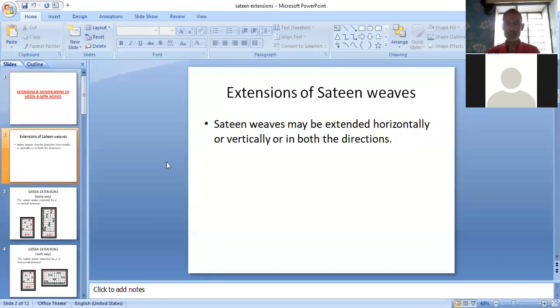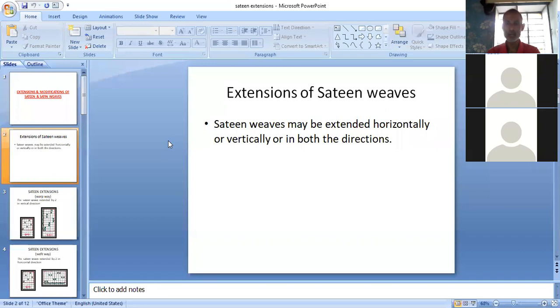So extensions of 13 views, first we are taking. And 13 views may be extended horizontally or vertically or in both the directions. In the similar manner as we have taken extensions of plane view in vertical direction, horizontal direction, and both the directions, similarly here, 13 views can be extended either vertically or horizontally, or vertically and horizontally together.